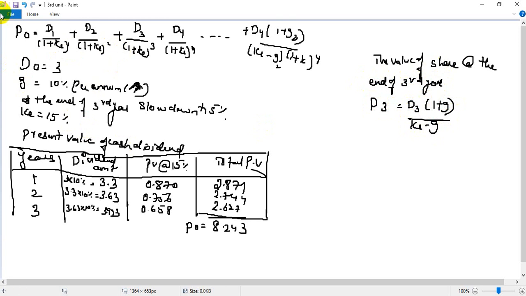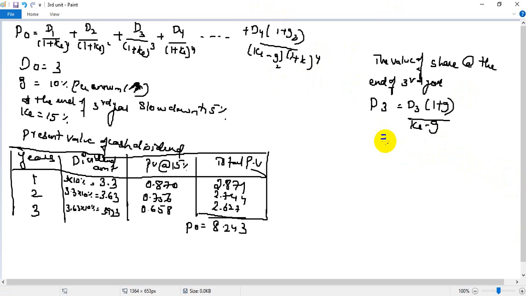Now you may have a doubt as to why madam is not using this formula. Here D1, D2, D3 are nothing but these amounts, and 1 by (1 plus Ke) to the power 2 is nothing but these A3 table values. If you do this, you will get this value, and this is nothing but the last step. You pay the principal amount as well as the interest amount, right? So this formula is for that. So you need to substitute over here.